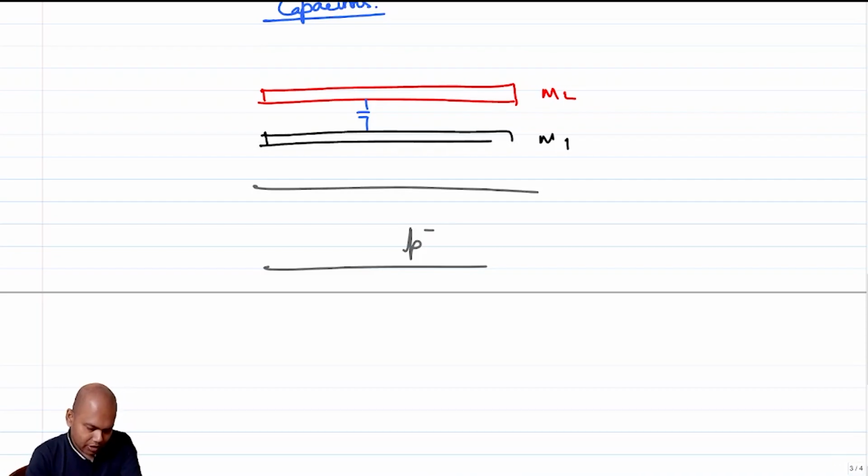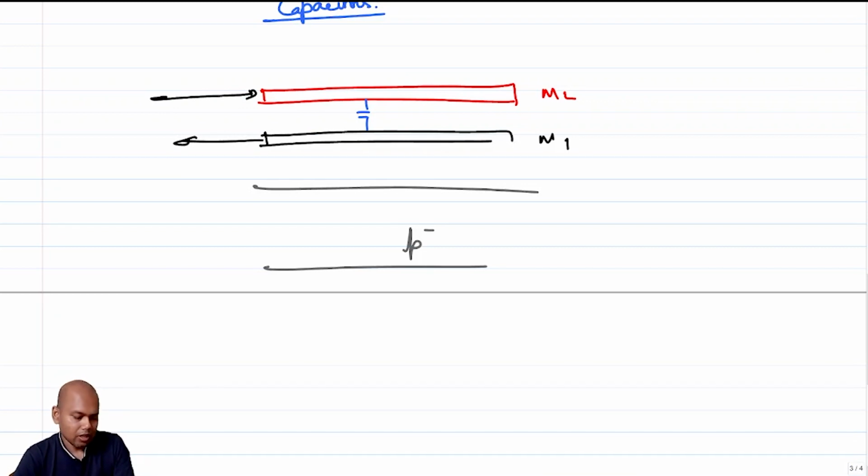As you can see, if you have to feed a signal, somehow you have to feed a signal into M1 through here. You'll connect something to M1 through here, right? And then maybe there are vias, you take the signal up or down depending on wherever you want to go. But note that what is happening is there is a parasitic capacitance between this M1 and the substrate,